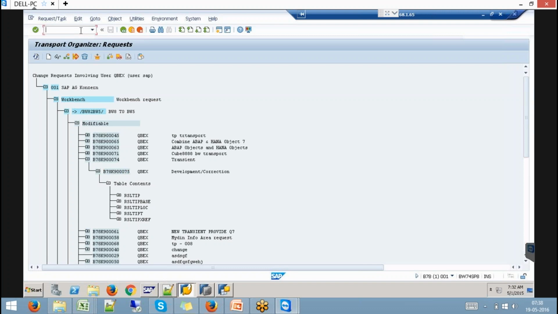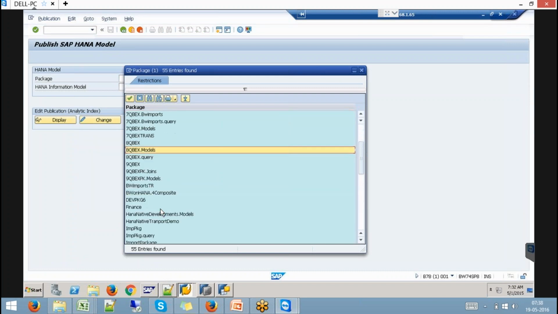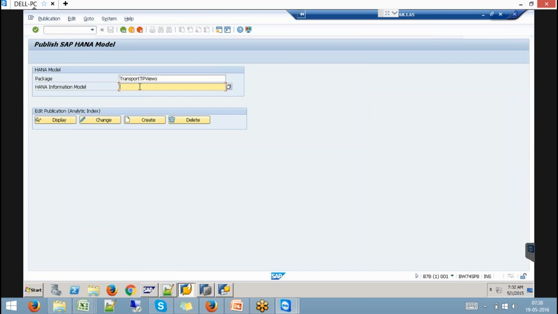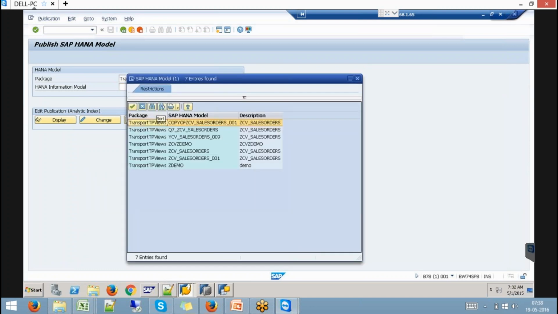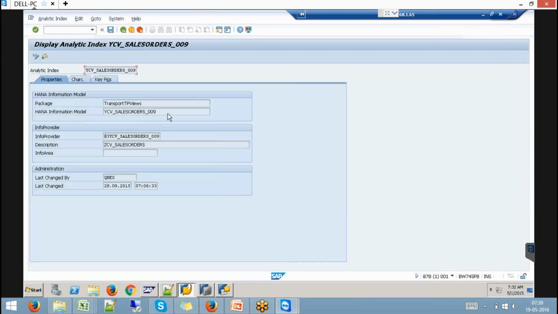How can the user identify the info provider name which we have created? If you see the transient provider, you don't have a direct display, but if you go to transient provider, here you get to see the analytical index is based on this view. That is the only way they can know. Or you can go to the table name.